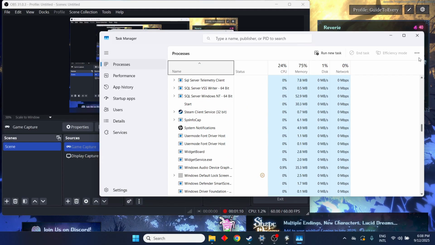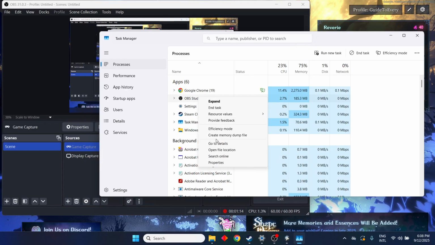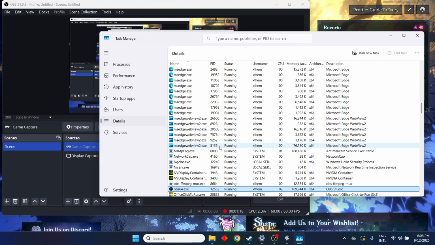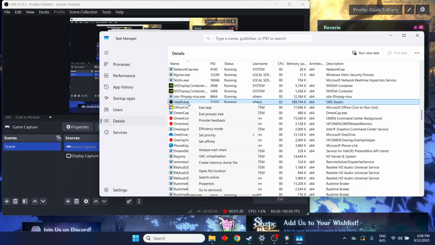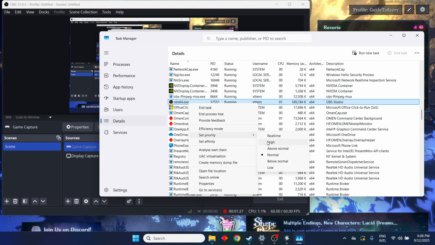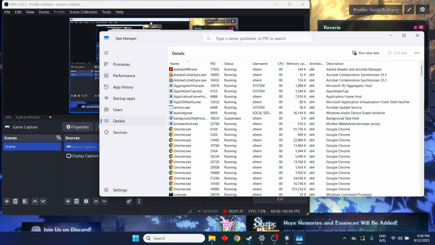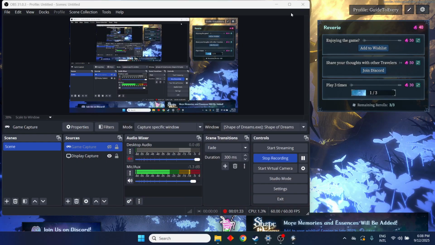what I need to do is basically right click it like this, go to the details, and right here, right click it. And you'll be able to select a priority. So select for Shape of Dreams a high priority. And that's how you should fix lagging issues in